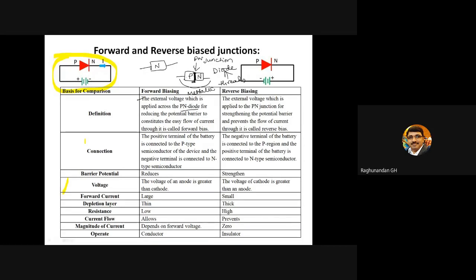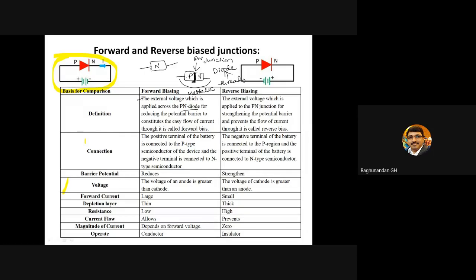have already started studying. So now coming to this, whenever this question is asked, explain forward and reverse bias junction, I have made it as a column for your significance. Even in the notes also, I will give like this only. But while writing in examination, if they are asking for a difference between or compare, make a column and write. If they are asking explain forward and reverse bias junction, then make this itself as points. Okay, point number one, point number two, like that.